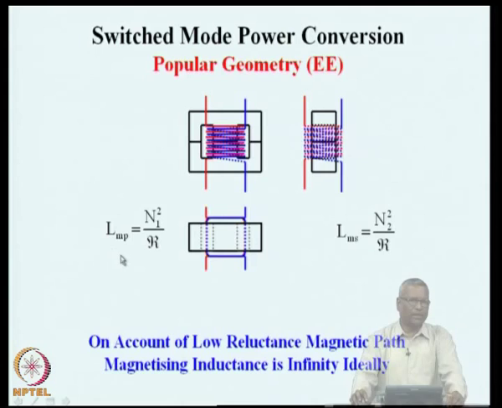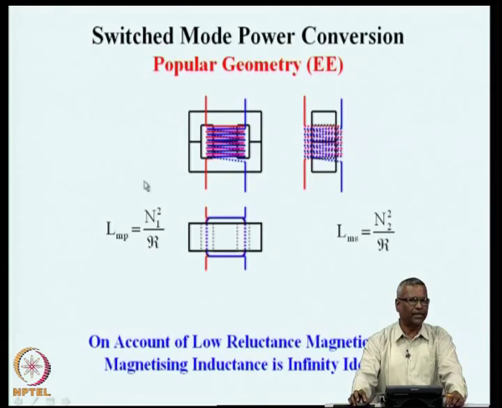So, we see here that the magnetizing inductance seen from the primary is N1 square by the reluctance of the magnetic circuit. In the earlier lecture, we had seen that in an electromagnetic circuit, N square by reluctance is the inductance of the winding. The primary has N1 turns and the secondary has N2 turns, but the magnetic circuit is common for both primary and secondary. So, it is possible to find the magnetizing inductance and express it as a primary magnetizing inductance or a secondary magnetizing inductance. It is possible to magnetize the core either from the primary or from the secondary. In each case, the appropriate magnetizing inductance will be applicable.